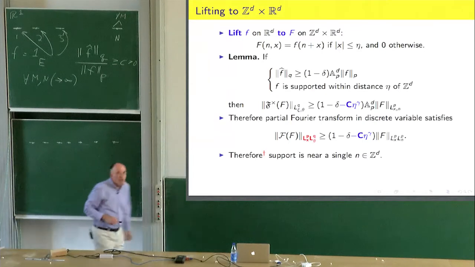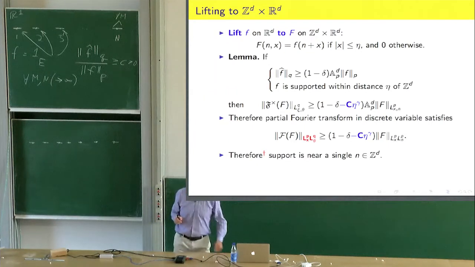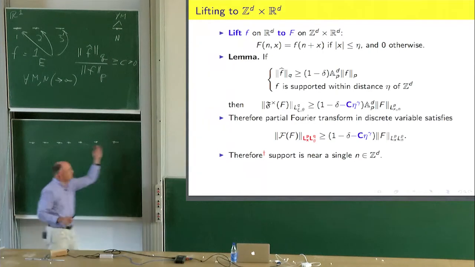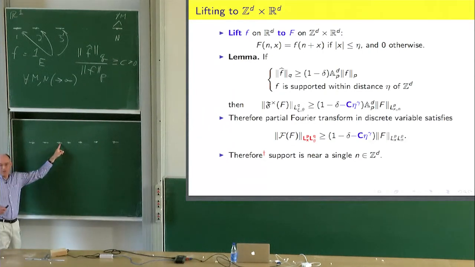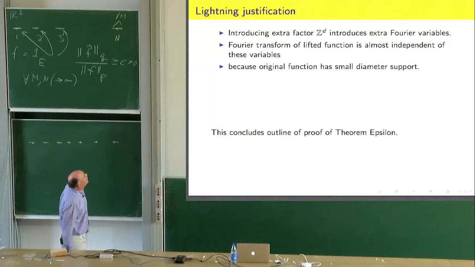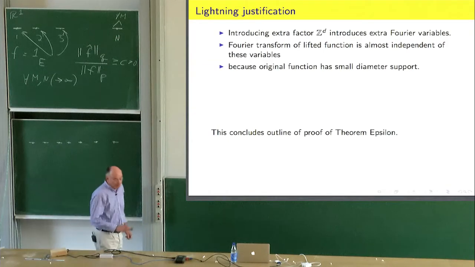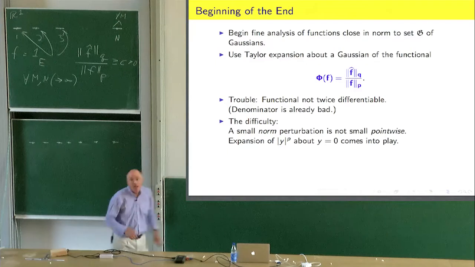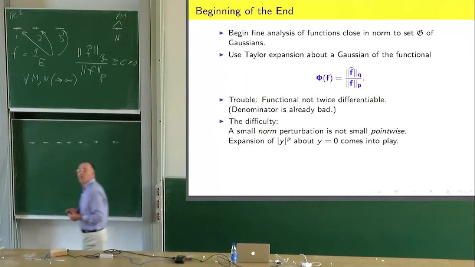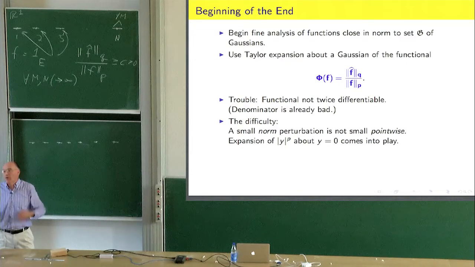Okay. Now there I've cheated. The argument I showed you actually shows that for each slice parallel to the blackboard, it's supported for the most part at a single point. I still have to prove that all those points match up and really give you a single point, and I'll leave that step out. That's not one of the deeper steps. All right, so this is just a heuristic justification that I already said, and that concludes the proof of the compactness theorem. Okay? So at this point, one knows that if you nearly extremize the inequality, you have to be